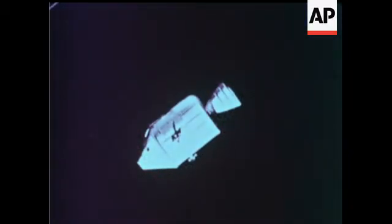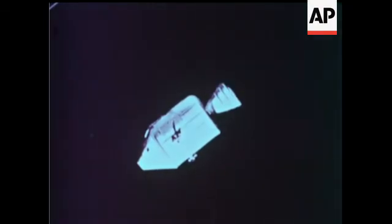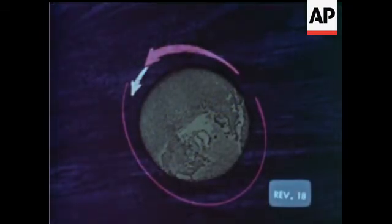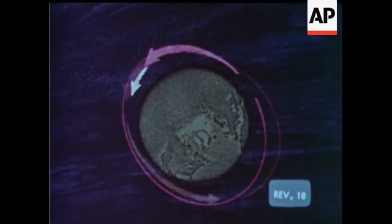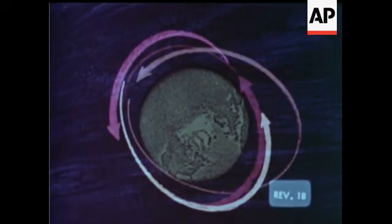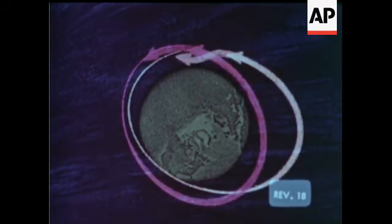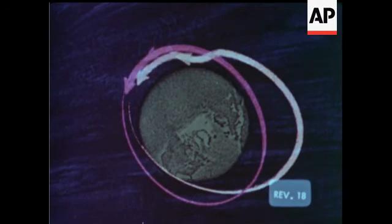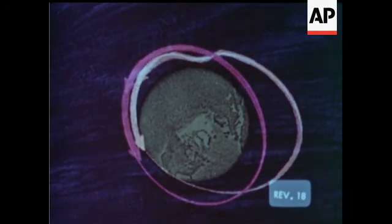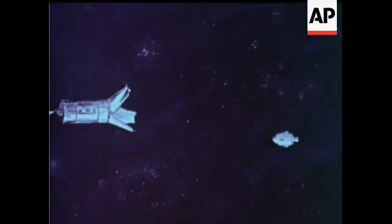The first of 2 Service Propulsion System firings involved in the rendezvous phase will take place 26 hours and 25 minutes into the mission. This SPS, or Service Propulsion System burn, will help set up the proper angles and distances required for a successful rendezvous. The second rendezvous firing will be made at 28 hours into the mission, after which the Apollo crew will begin visual tracking of the S4B to complete the rendezvous. A number of small braking maneuvers will